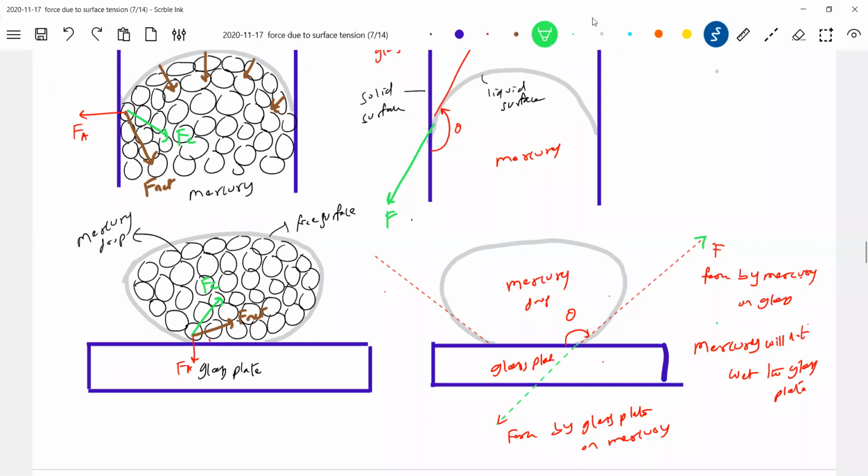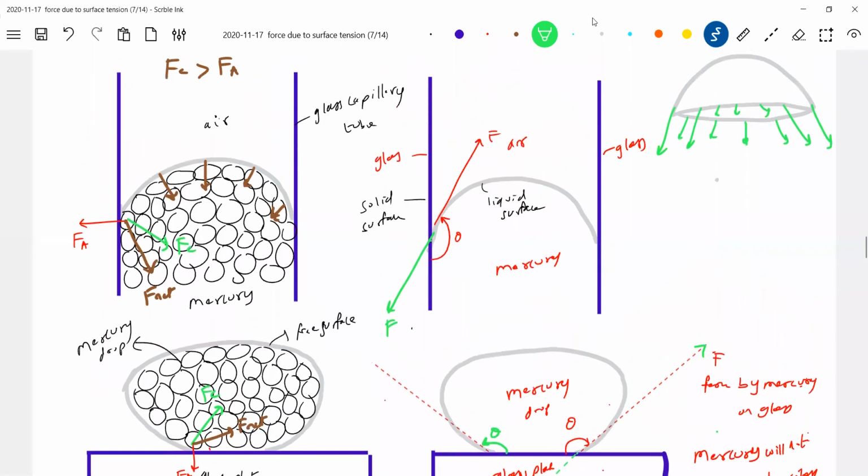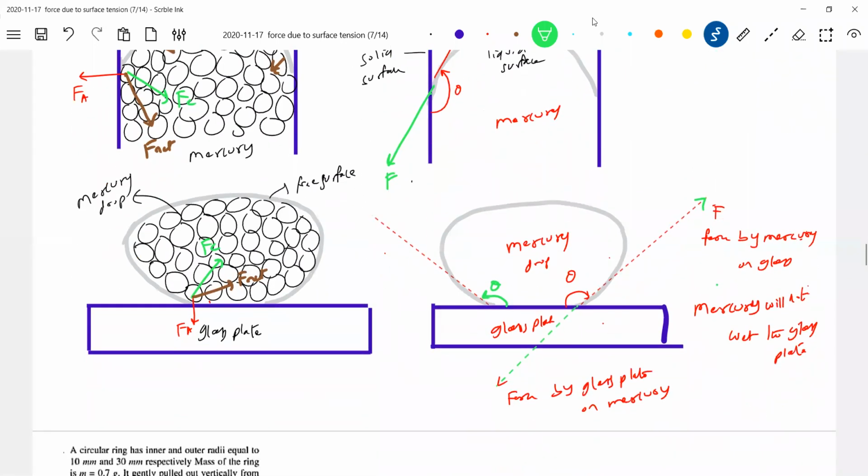Able to understand now? Angle of contact is a property of a liquid. It depends upon the physical conditions I'm making. But altogether, whether a liquid will wet the solid or not will be determined by the angle of contact. And strictly, what is this? For mercury, what happens? Cohesive force will dominate over adhesive force. And the tangent force due to the surface will act tangential to the surface here. Okay, let's take some examples on this one.